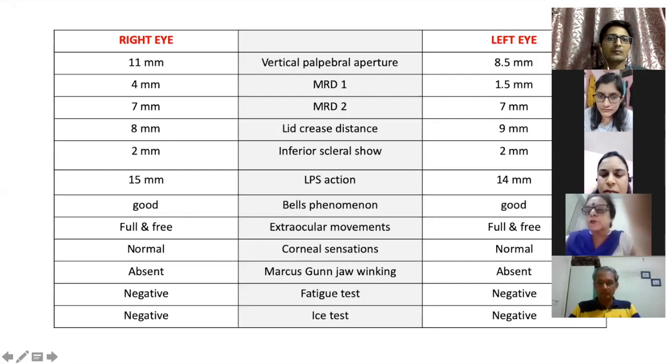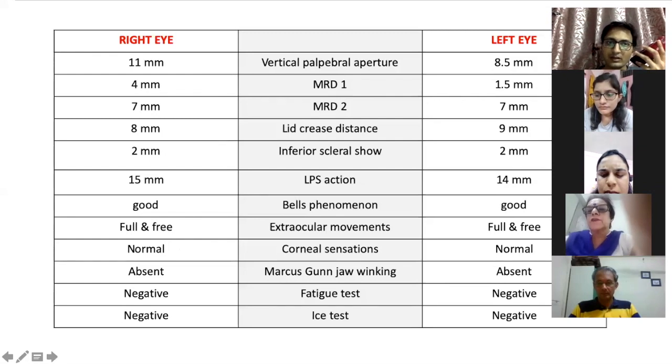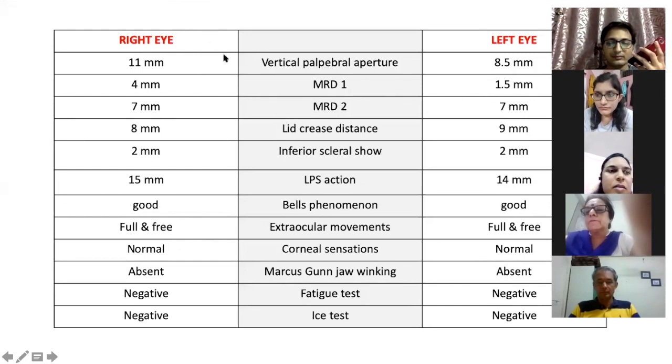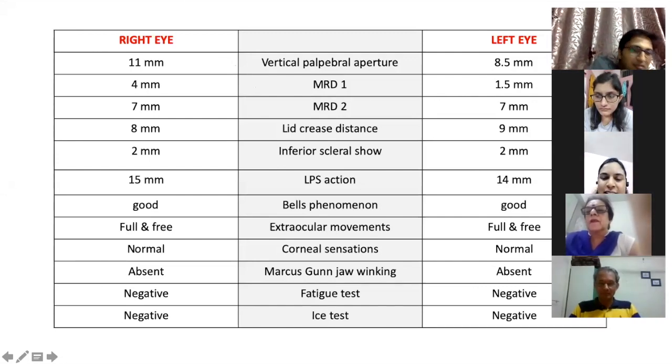In skin approach, you mean? Skin approach, yes. Or conjunctival approach? Ma'am, skin approach. What are the names of the two surgeries? Which scientists' names do they go by? These two approaches. Any idea? If you don't know, it's okay. No, ma'am, I don't know. I just know it's anterior and posterior.